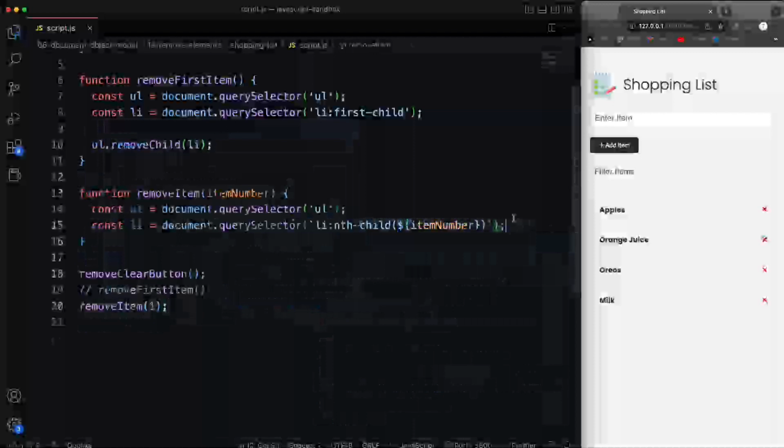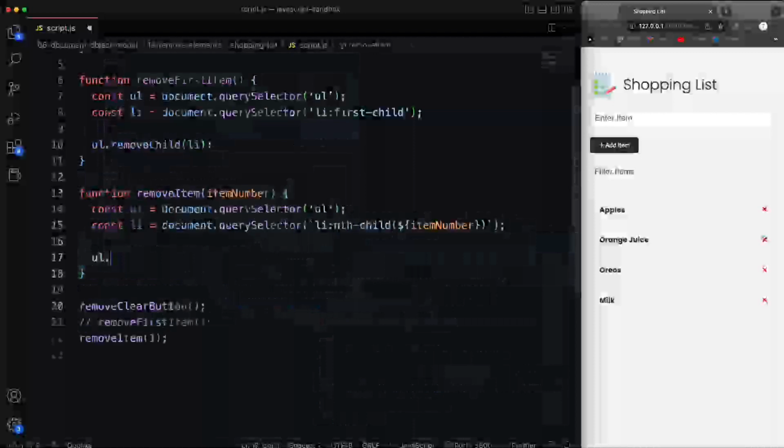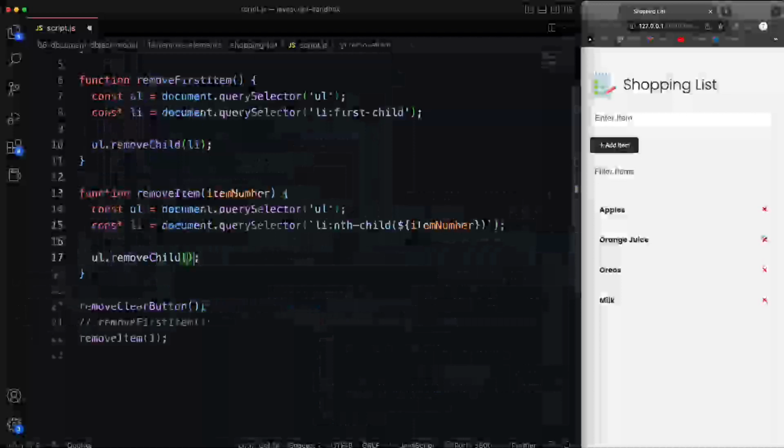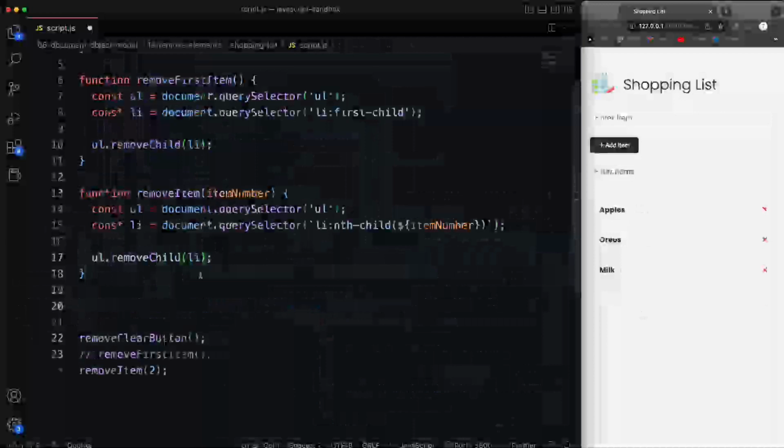Oh, I didn't actually call the remove. So ul.removeChild and pass in the li variable, and now apples is gone. If I pass in 2, then orange is gone. All right, now another way to do it is, let's see,